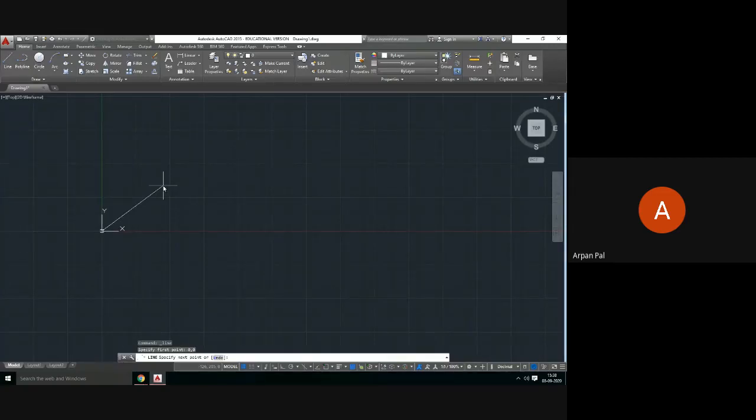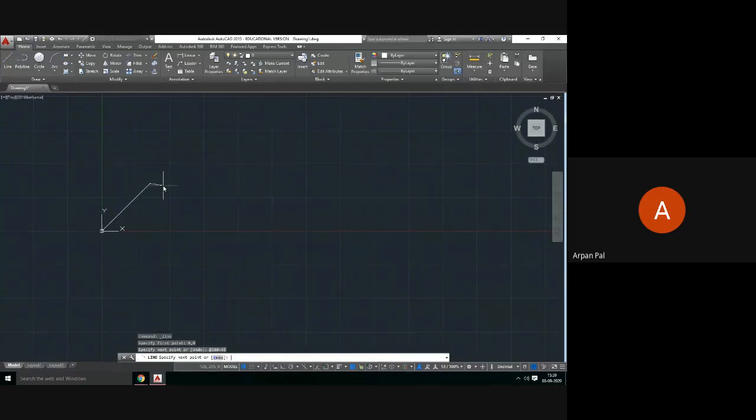That is not impossible. How to do it? You just need to type @ instead of just giving the dimension, @ and then give 100 as your dimension. Then instead of giving the symbol of angle, we shall use a tilted symbol of angle, that is less than, and then give the angle, suppose 45.